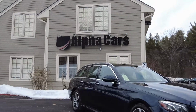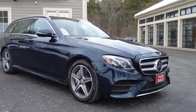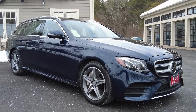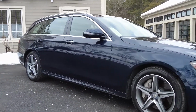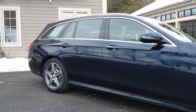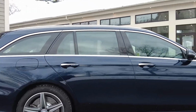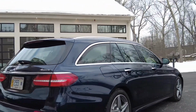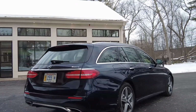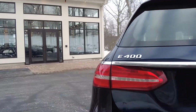2017 Mercedes E400 wagon. Yes, it is a station wagon. It is that one wagon that is very hard to come by, and this particular one has tons of options. So we're going to introduce you to the option list on this vehicle throughout the video. We're going to just walk around the vehicle while it's outside. We're going to take it for a quick drive and then bring it in the showroom and show you all